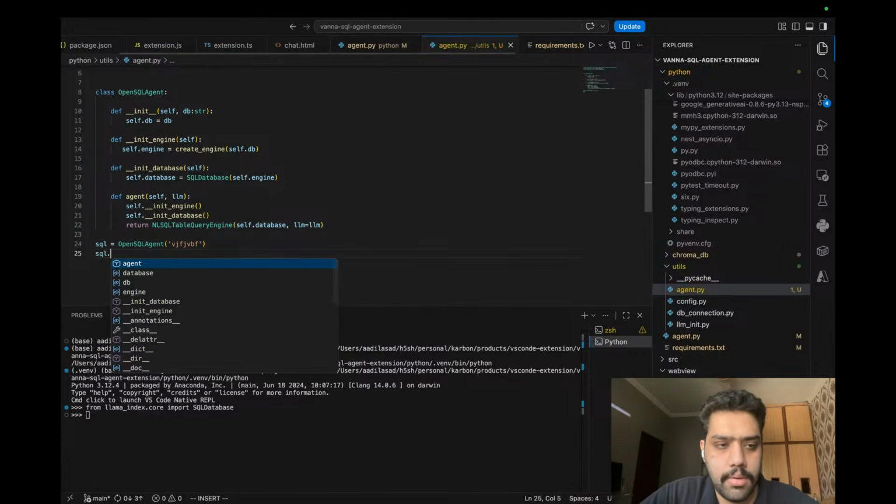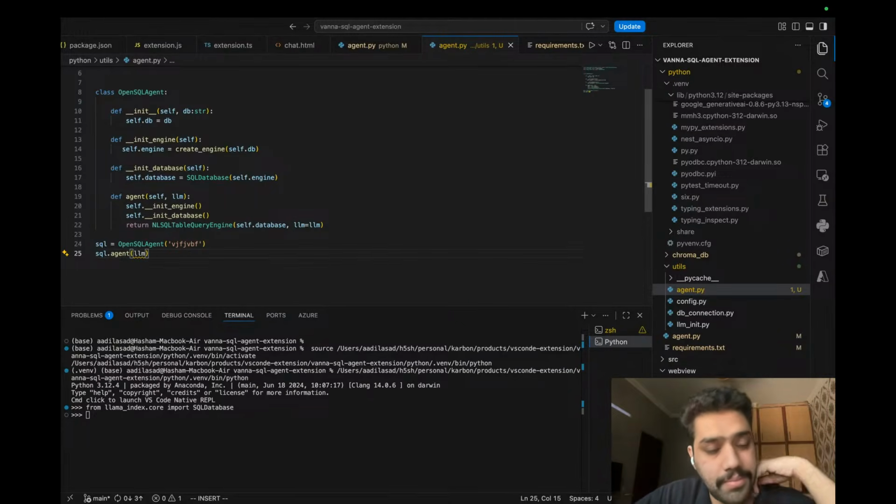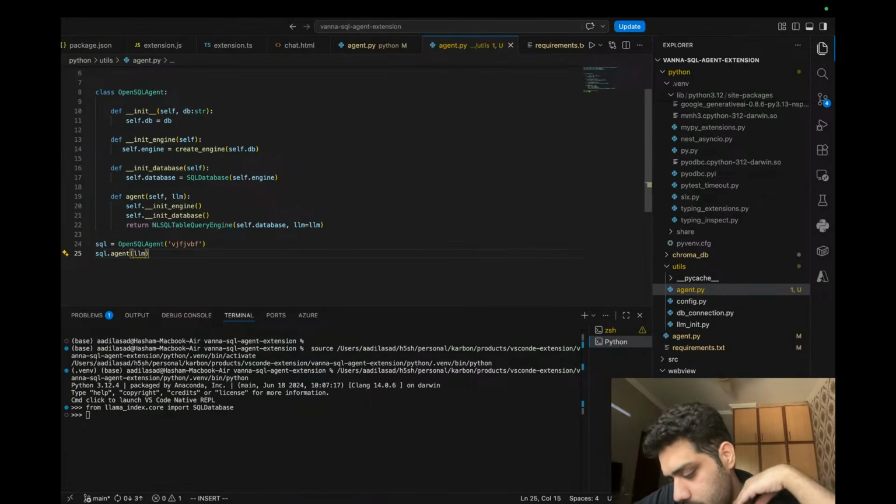And then I would be running it with the agent, where I'll give it the LLM. I want it to be a single line thing. So I pass it the string, I get the agent, and that's it. And I think what we use that for is